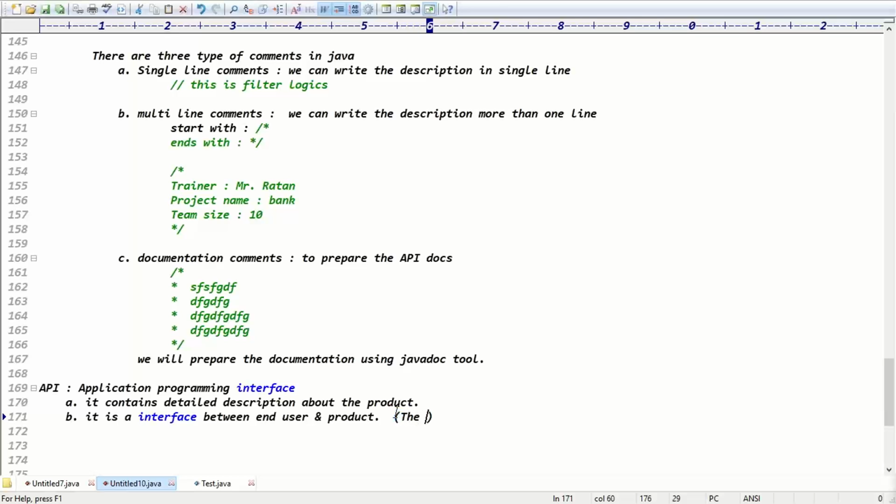Guys, you got clarity about what comments are, how many types of comments, and the purpose of documentation comments: to prepare the API documentation. What is the purpose of documentation? It contains a detailed description about the product, and the end users can interact with the product using API docs, right?